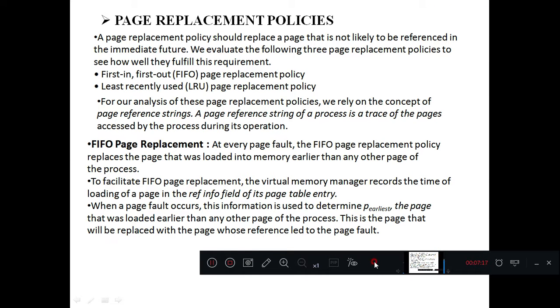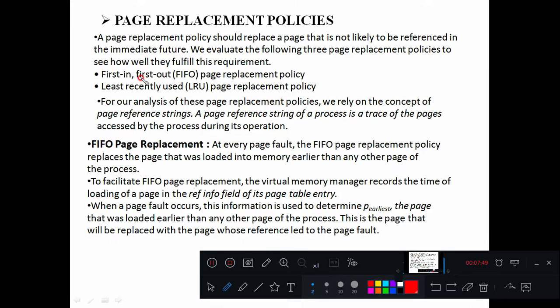So in the last class we discussed the block diagram of page replacement technique, right? So how that page replacement is going to be achieved, that we are going to discuss now. We are going to discuss two techniques. In the syllabus you have only two techniques, but actually we have a total of three different techniques, right? But since the syllabus has only two, we will discuss only two page replacement policies.